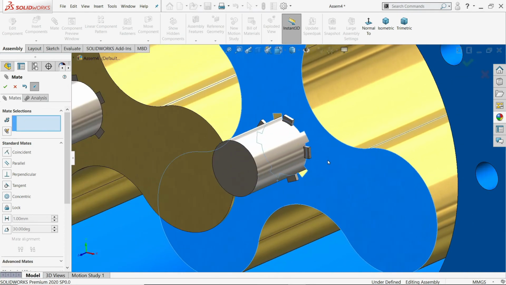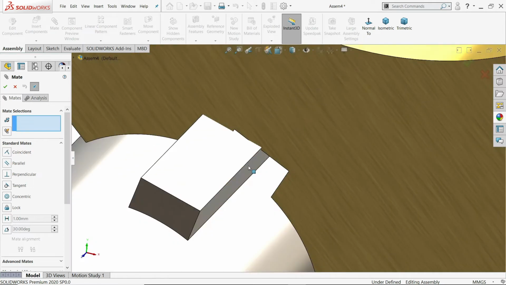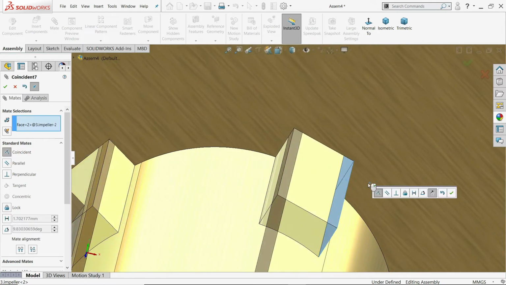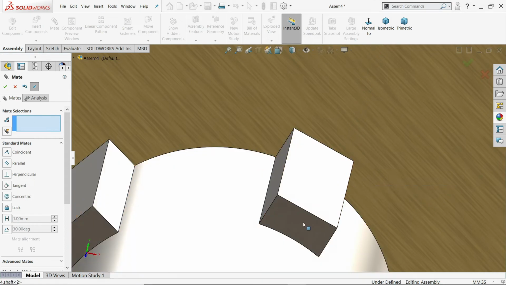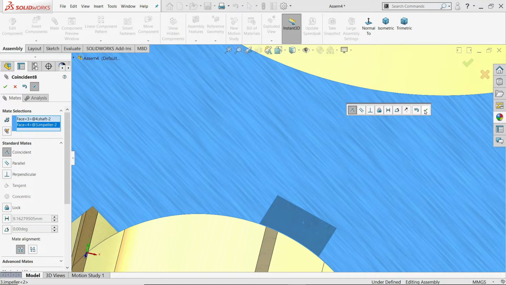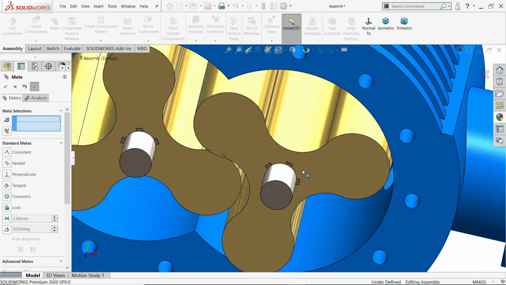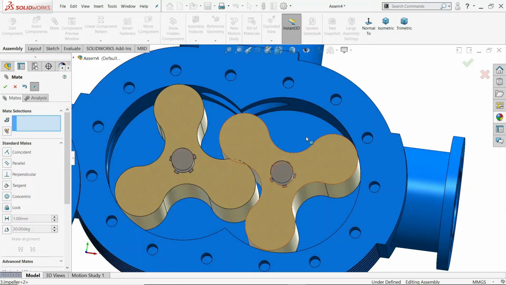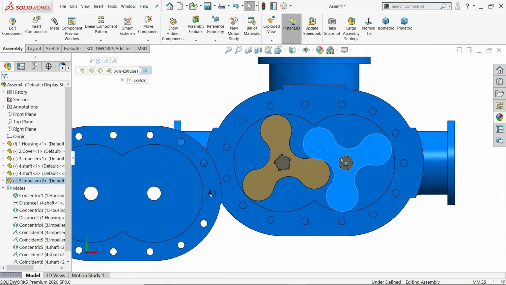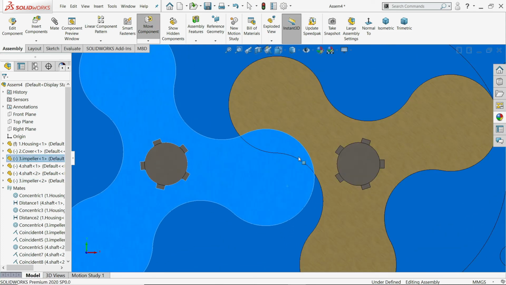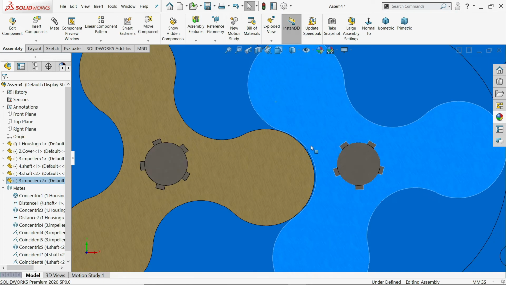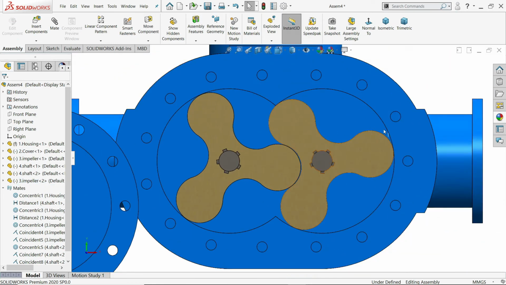Okay, just take near to key, this face and this face, coincide. Key face and the loft face, okay. Now these are fixed. See,